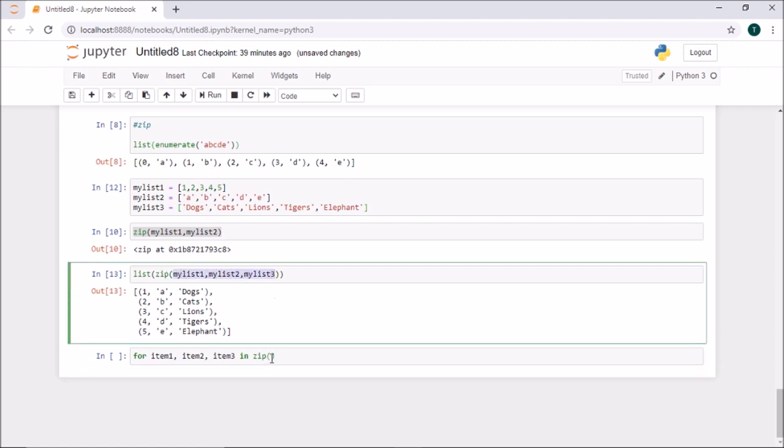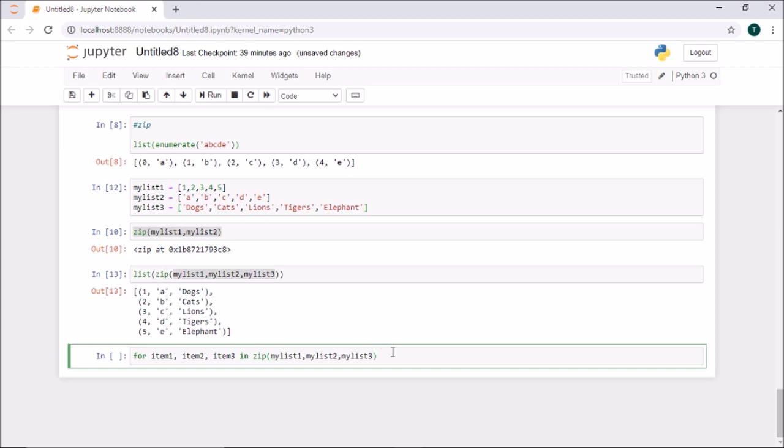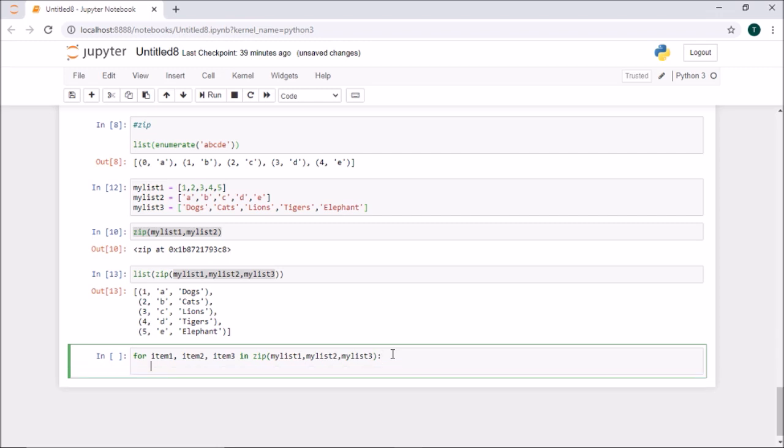Okay, so I'm just writing a for loop, and then I'm saying print. What I'm going to print is, I'll say, in a story,